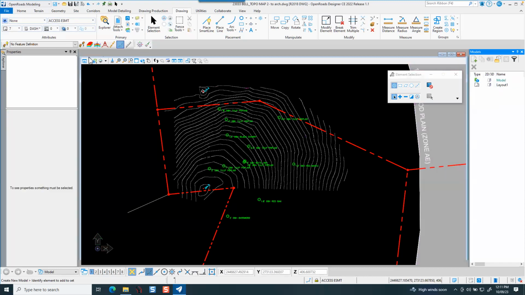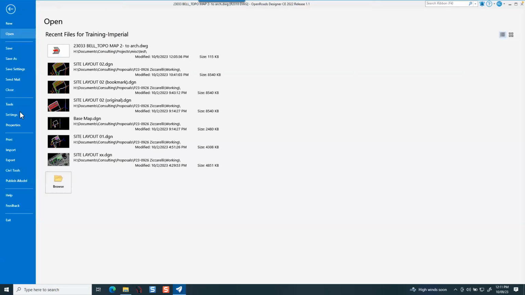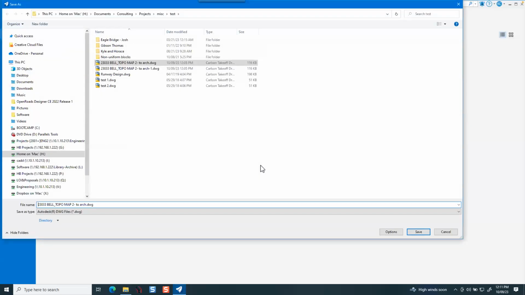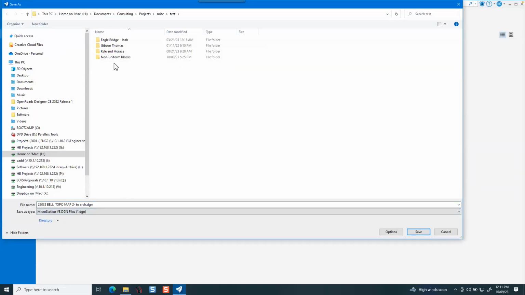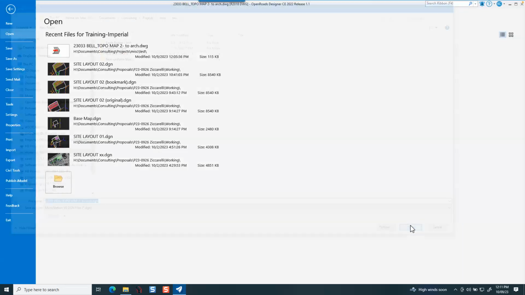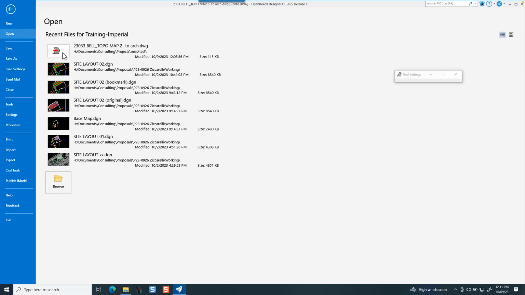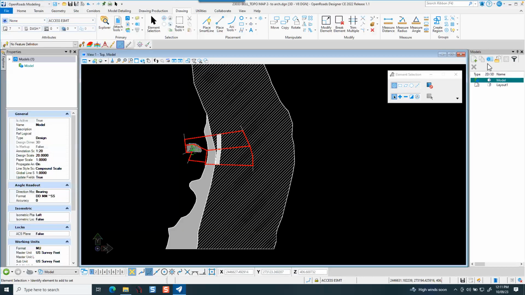Oh, it's because I need to do a save. Save as. Put this back over into here as a MicroStation file, a DGN file, so I can use a 3D model. That was the problem. So if I go now to this and make a new model,